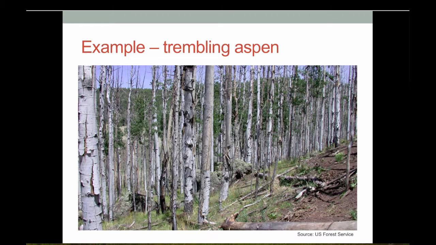The interesting thing about trembling aspen is that it's a clonal species, and so it sprouts readily from root suckers. Under some types of disturbance regimes and environmental conditions, the distribution of these clones and these stems from the same genetic stock can expand rapidly, and they can spread at high densities over large areas, and that may alter ecosystem structure and function. And as you can see here in this slide,